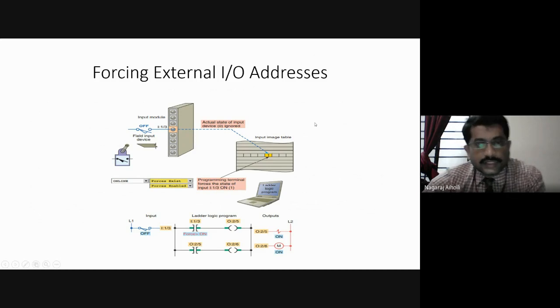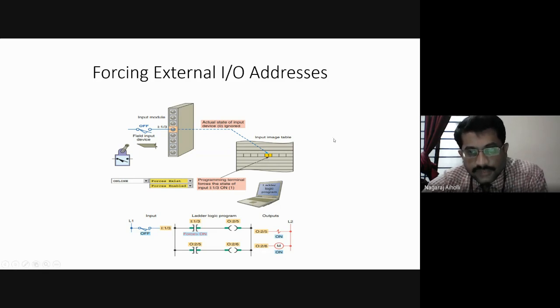Right, so I'll explain the concept with the figure that is available here. Sorry that I have missed that slide. Here, the field device will be connected to the output. Instead of connecting it to the input, it will be connected to the output. Say it is a solenoid at this side. This is our output image table file, and we have the solenoid on the other side. So that is the output device. Let us say the solenoid is in off state. We are forcing the solenoid to go from off state to on state. That means what will be the bit here, whether it be 0 or 1 after forcing.